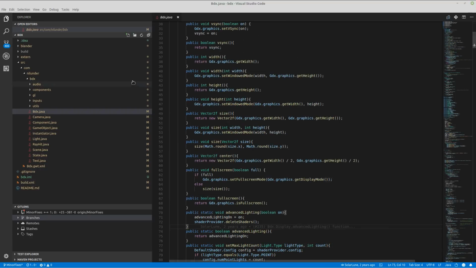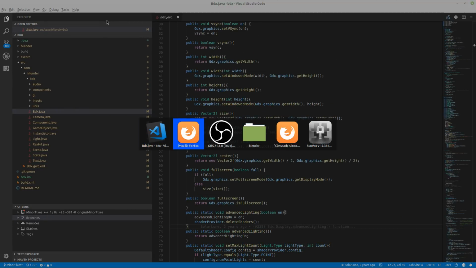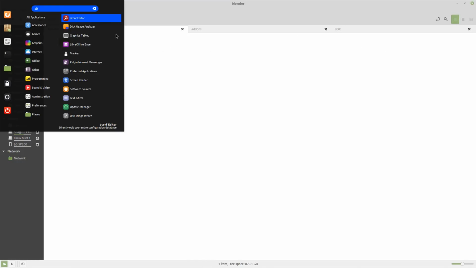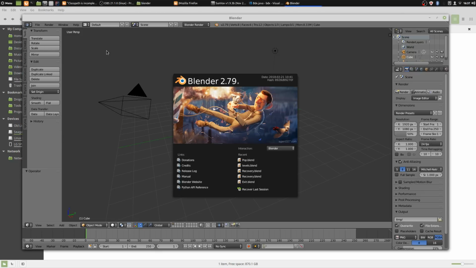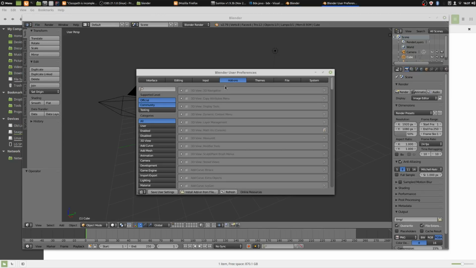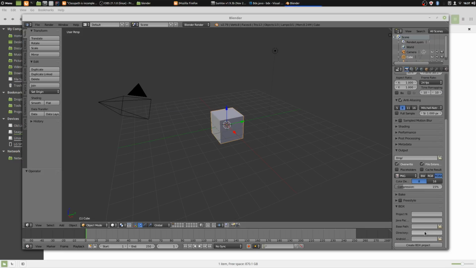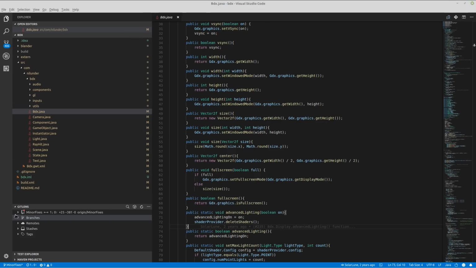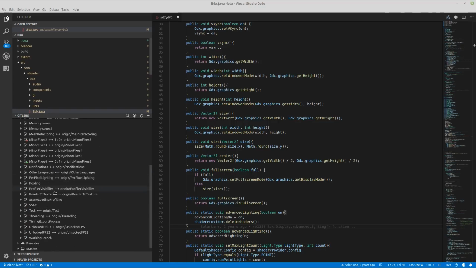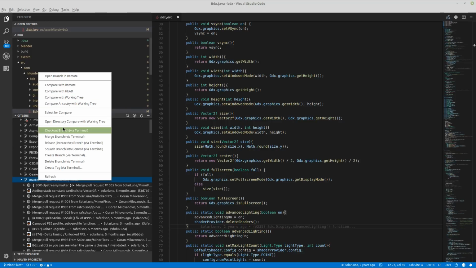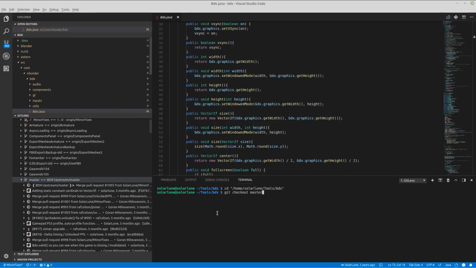So let's go ahead and keep going here. This should have allowed us to pull this up in Blender. Let's try that again. Now it should be an add-on we can enable. There we go. Save. And now there it is. Okay, good. Now let's pull in the most up-to-date version of BDX, which we should be able to do from origin, or no, was it master? Master, here we go. So let's check out master,